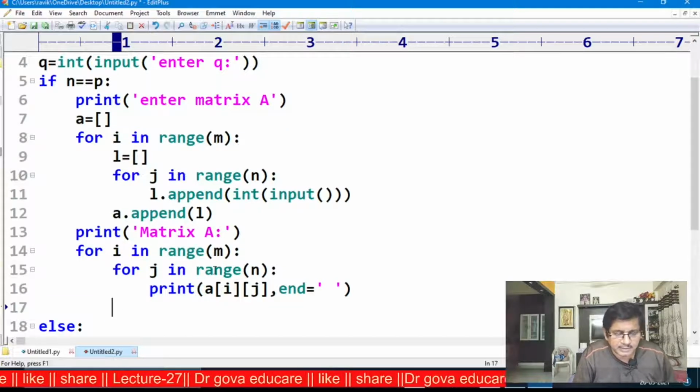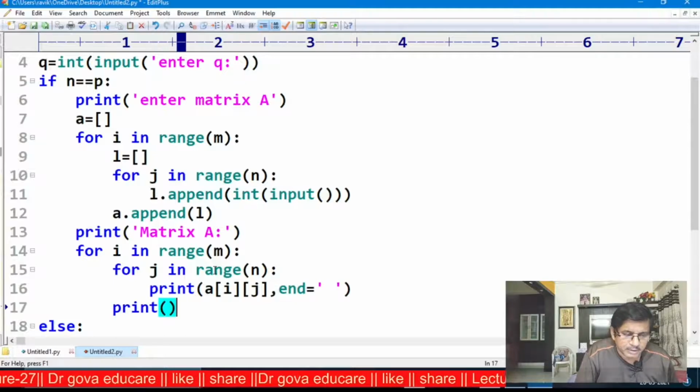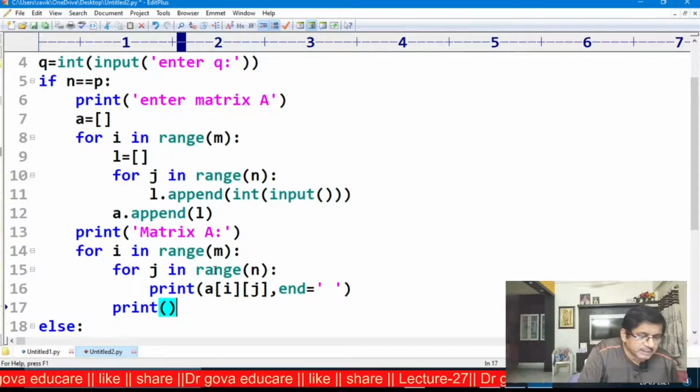After this, I am printing the new line. Now first I am executing this.